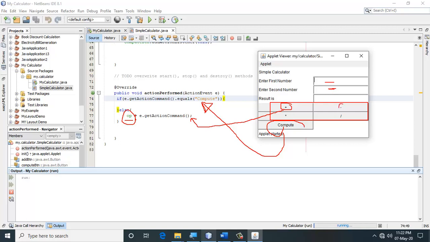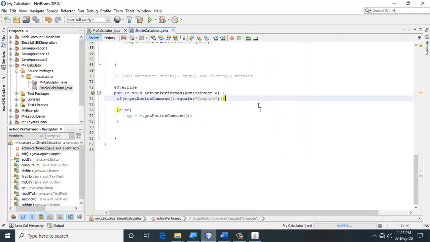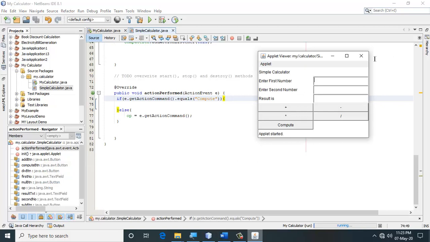Suppose the operator is minus, then when I compute, I am going to take this number and this number, subtract them and show the result over here. So all these four buttons are just used to get the operator. I got the operator now. I am supposed to do the actual calculation.